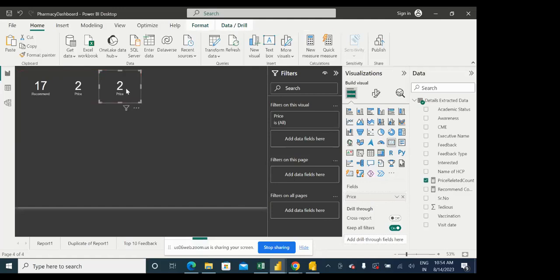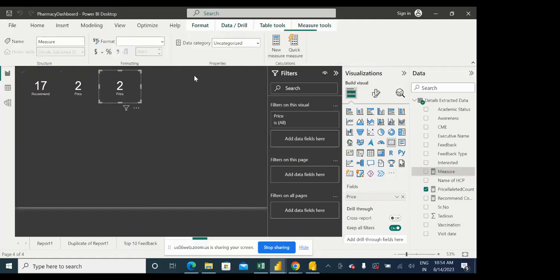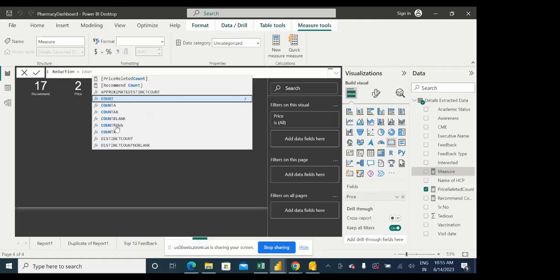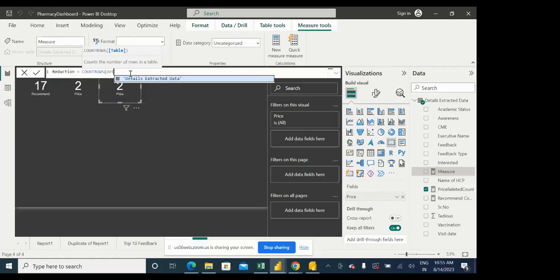Okay, now instead of price, I also saw another keyword quite often. There was a reduce keyword. Okay, so the same kind of DAX I'm going to write over here. I'll quickly write a new measure. Let's see what they are asking about the reduction thing. Okay, so yeah, it's very simple. What do you need to write, tell me. What will we start with? Again count rows. Okay, count rows, exactly. So you need to give the table name, that is details extracted, and then